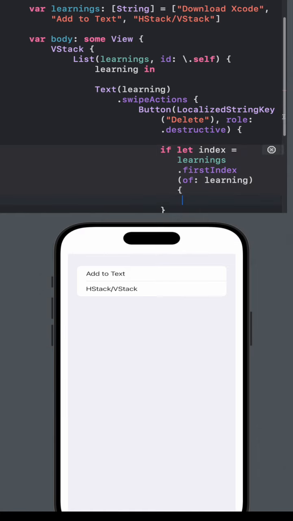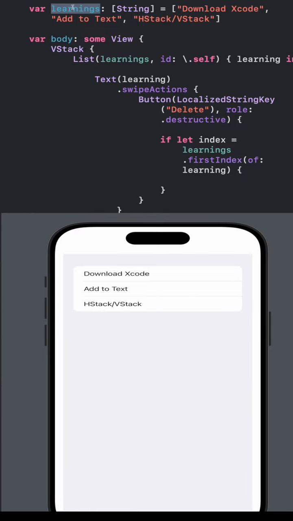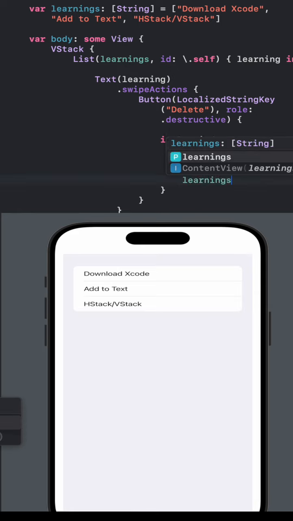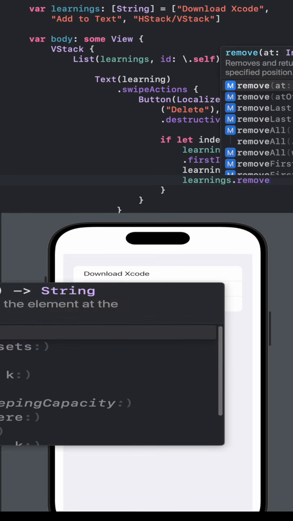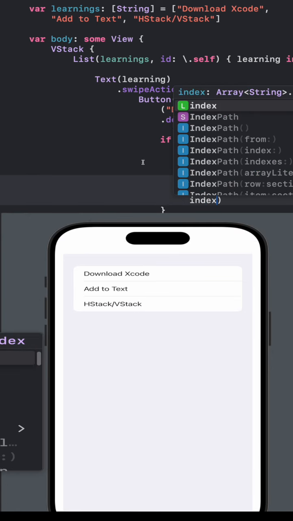And then we'll hit that. And now what we want to do is basically go inside our learnings and then delete whatever element is at this specified index. So let's do learnings dot remove at, and then in here we'd put the index. Now this is going to give us a quick error and I'll explain why. So if you type in index here,